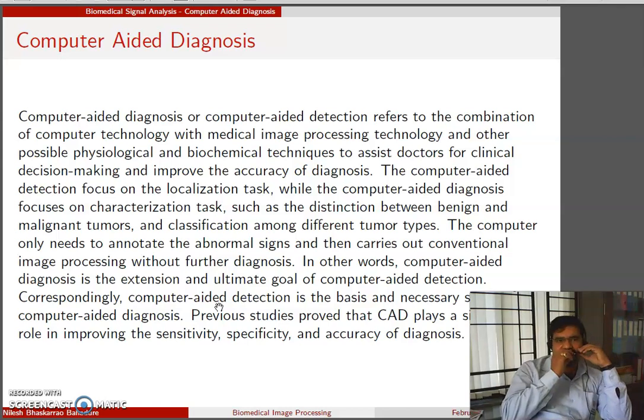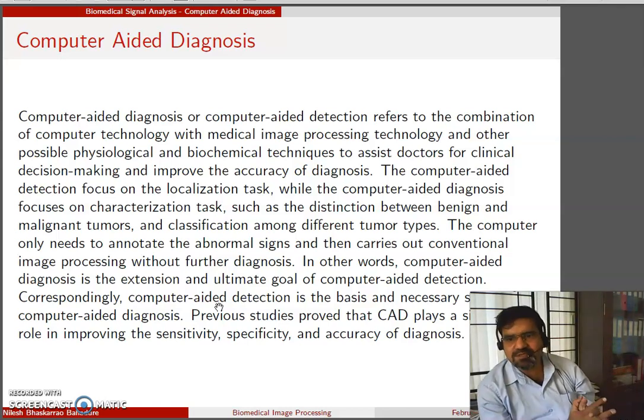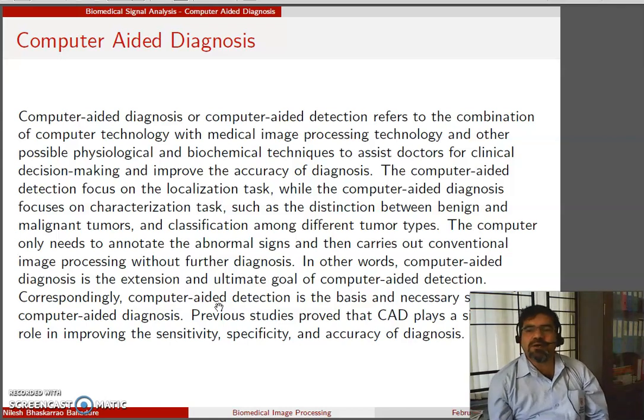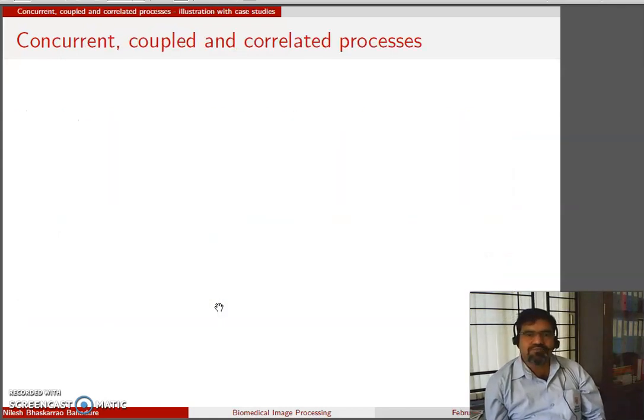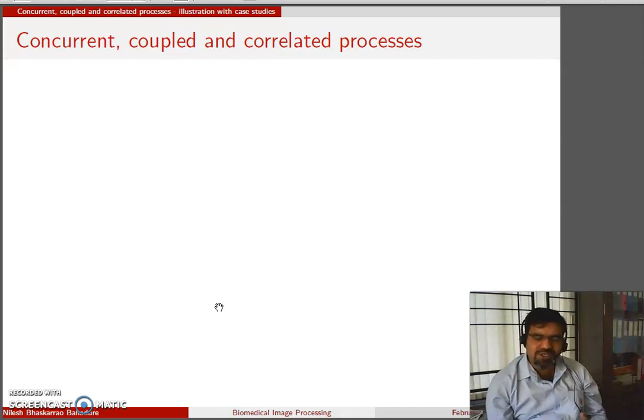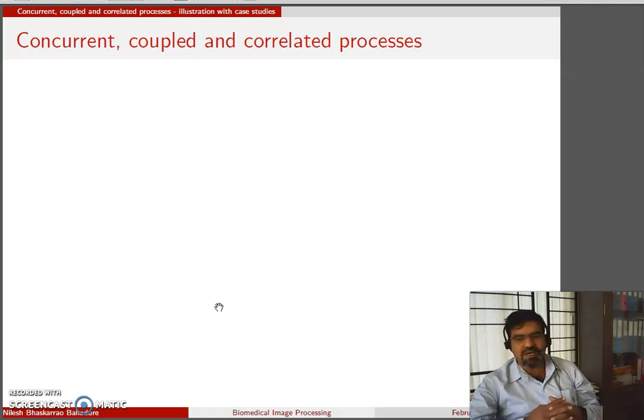In the previous session, we discussed computer-aided diagnosis. Now, in this session, we discuss the concurrent, coupled, and correlated processes for biomedical signal analysis. This session introduces the notion of using multiple channels of biomedical signals to obtain information on concurrent, coupled, and correlated phenomena, with the aim of obtaining an improved understanding of a physiological system or obtaining a reference signal for various